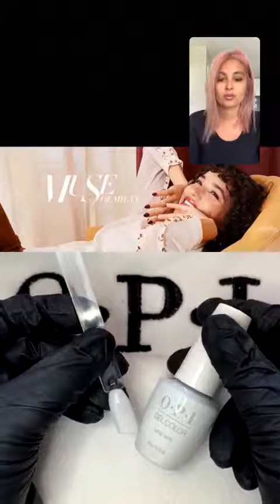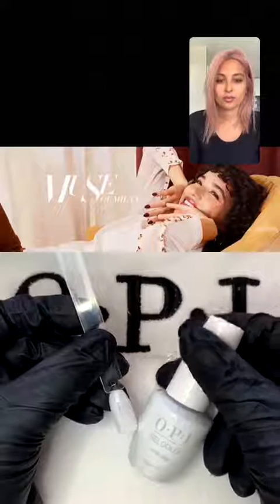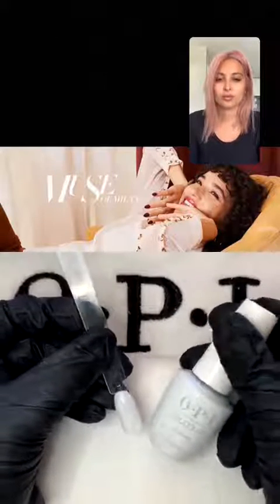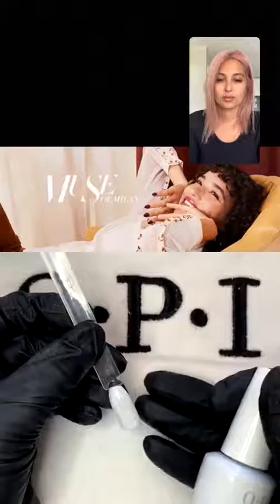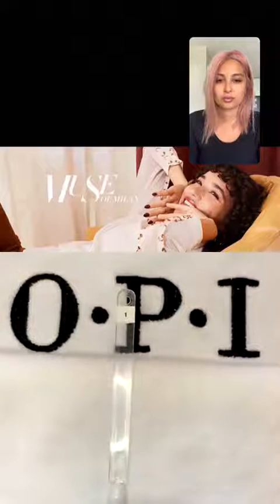And this is one of our iconic colors. This is one of the colors that you need to have in your collection. It's imperative that you have it in your collection. So after I've applied one coat of this, I've cured it already in my LED lamp for 30 seconds, and that's where we're at. So what I want to do is apply my second coat,